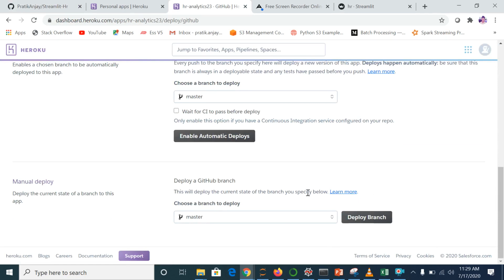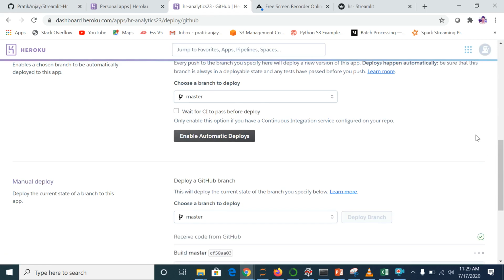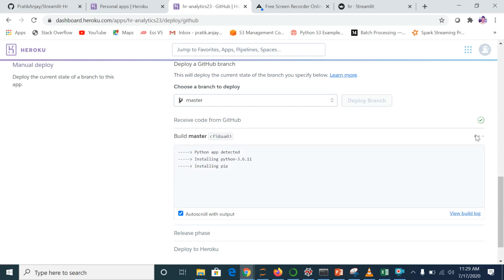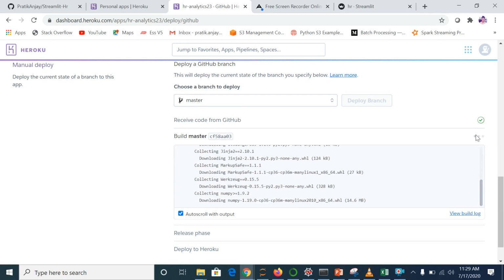As of now I am deploying it manually. I will just click on deploy branch, and it will take some time to deploy because it will be processing all the code. So it is running all the libraries and functions, installing everything. See, if you look in the build master space, you will see everything happening over there. See, my code deployment is in process. It is downloading different sorts of libraries.